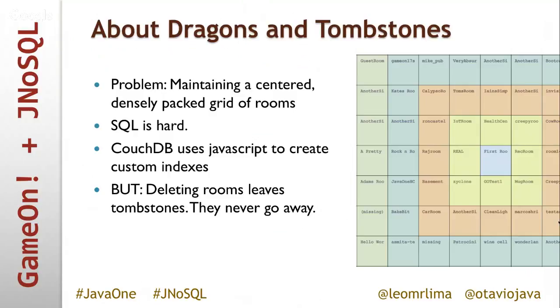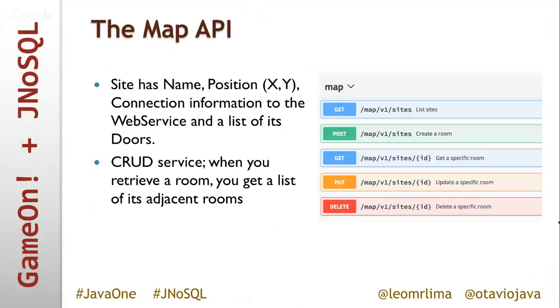But the problem is when you delete a room, for example, if the microservice is offline for 7 days, you want to delete it. It leaves behind a tombstone, and that's terminology for CouchDB. So when you delete something on CouchDB, you really don't delete it. And maybe they do it now, but they didn't back in the day. So that's pretty much the use case.